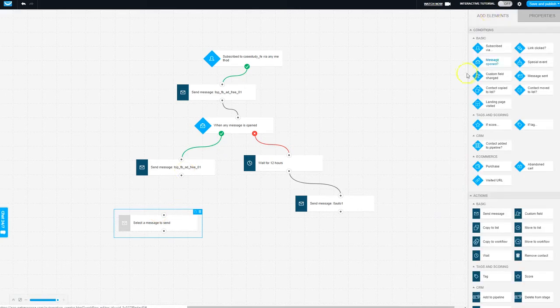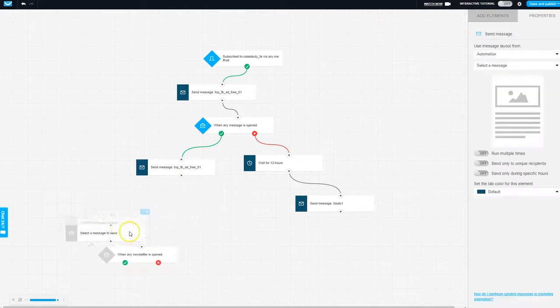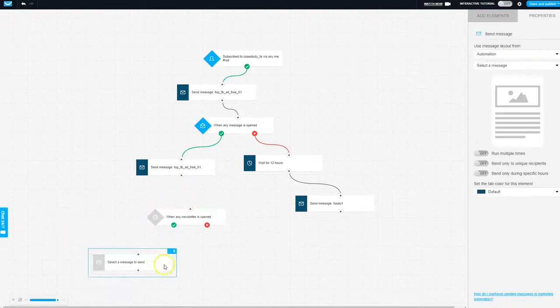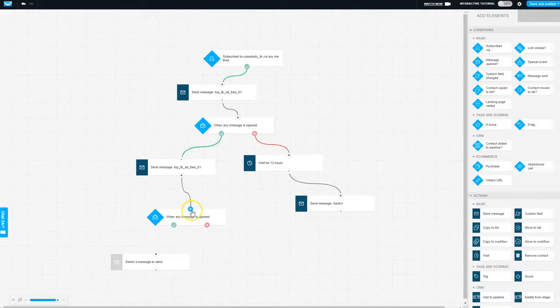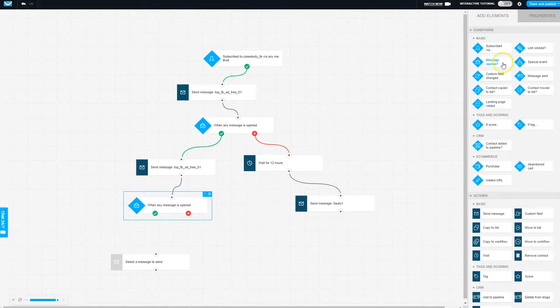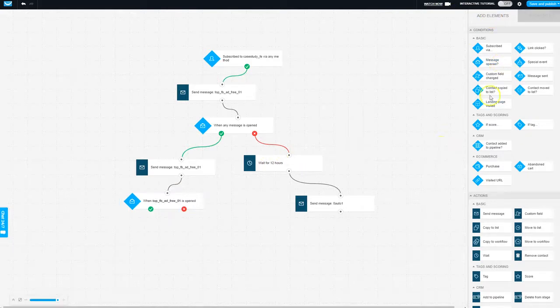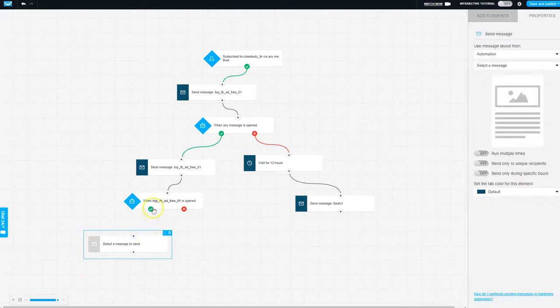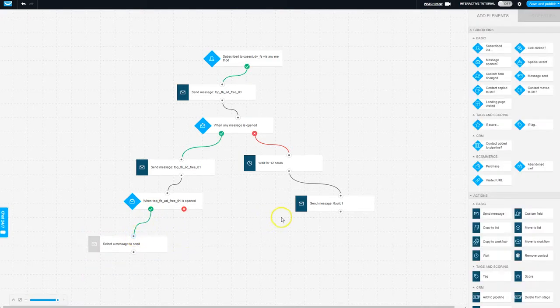Let's go ahead and go to message opened. Let's connect here. All right. And if that message was opened, we will send them another email, okay? In this case, we'll go to maybe a content piece. So now you're starting content marketing. You're sending them to your blog, right? And in that